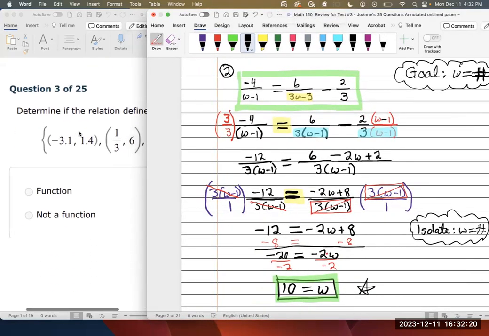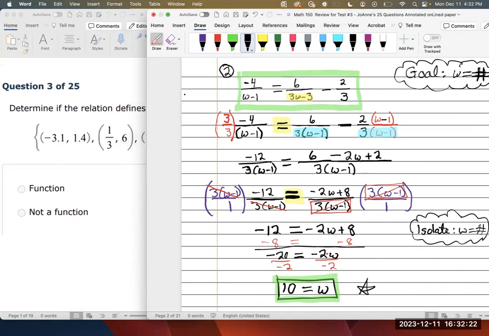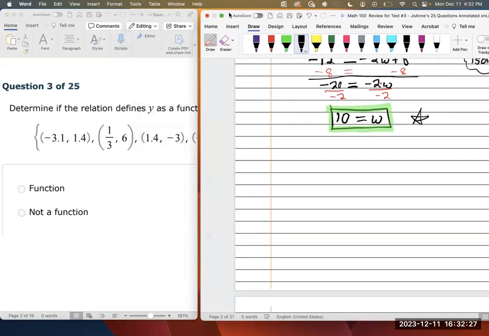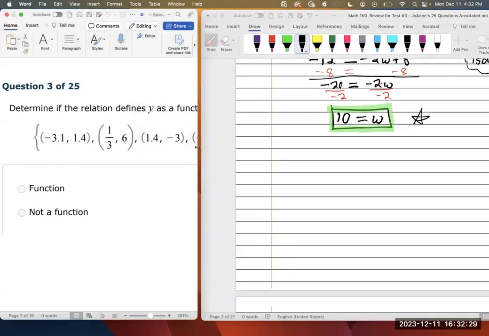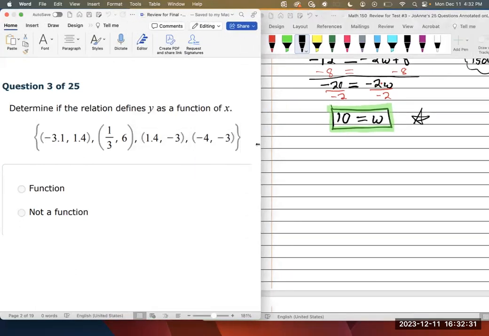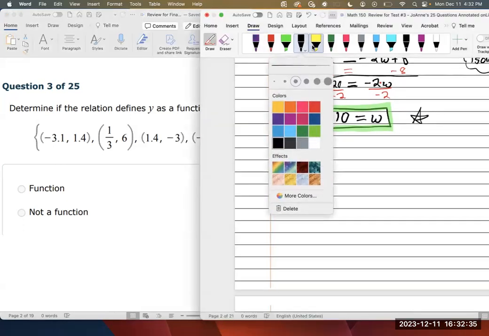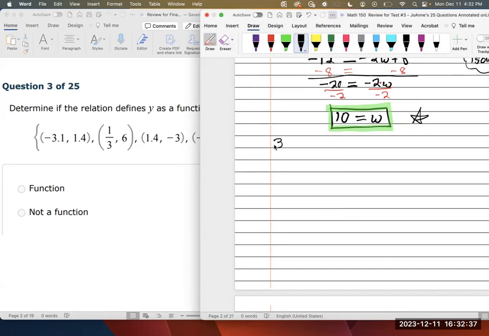Number 3. Determine if the relation defines a function. A function has to have a one-to-one correspondence. So I'm going to first look at all of my x values, y values. Personally, I like to graph these. So negative 3